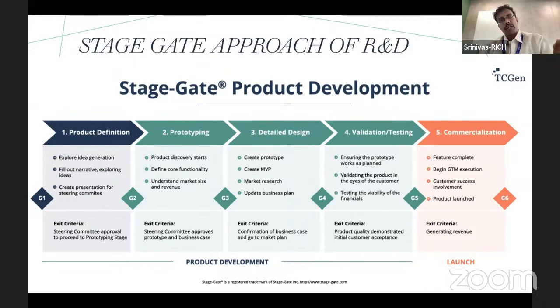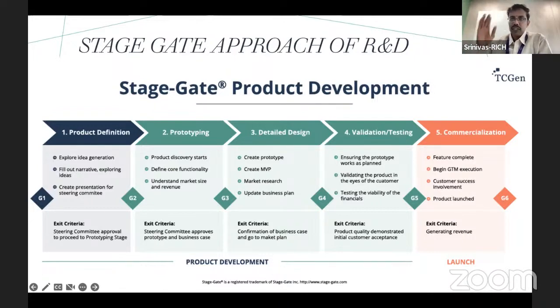So you validate for a market, and you conduct validations on two different products. You may have very similar products with slightly different features that you want to release in the market, and then you see which one you should finally go for a launch. There are slight differences, but I would do an A/B kind of analysis. So there are multiple frameworks that are applied for validation testing. And finally, once it has cleared the validation gate as well, which is gate 5, you go into commercialization,